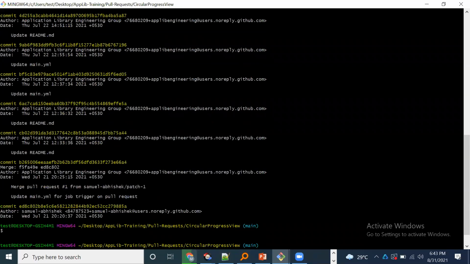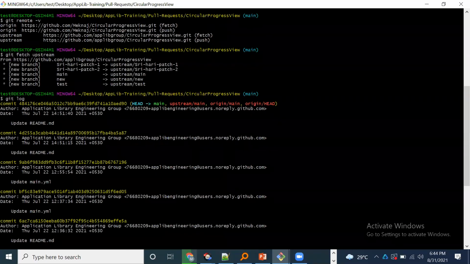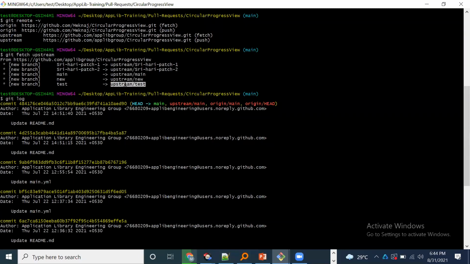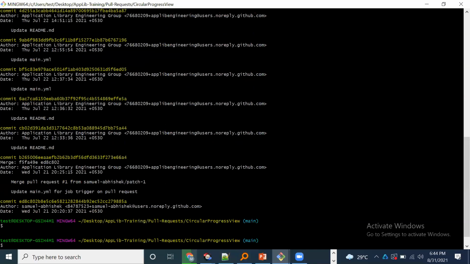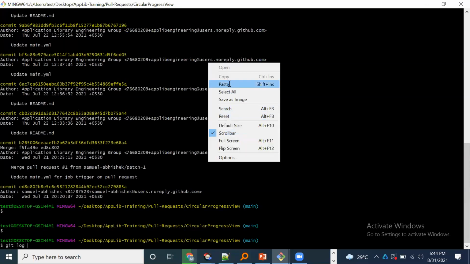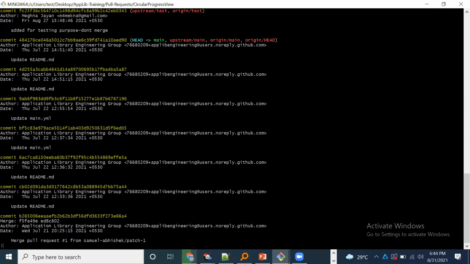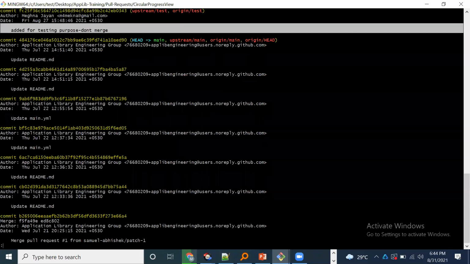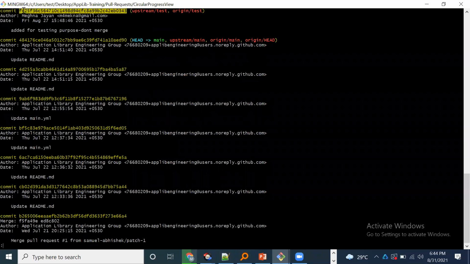Okay. So now we need to know what are the changes that have been done in the central repository, whichever we have fetched now. So let's say if you want to know what has happened in this particular branch, in that case, you can use git log. So we can see that earlier in the local code base, the latest commit was this one, README update. In this branch, we have one more commit that is added extra. I have added this for testing purpose. So you can see this is the latest change.